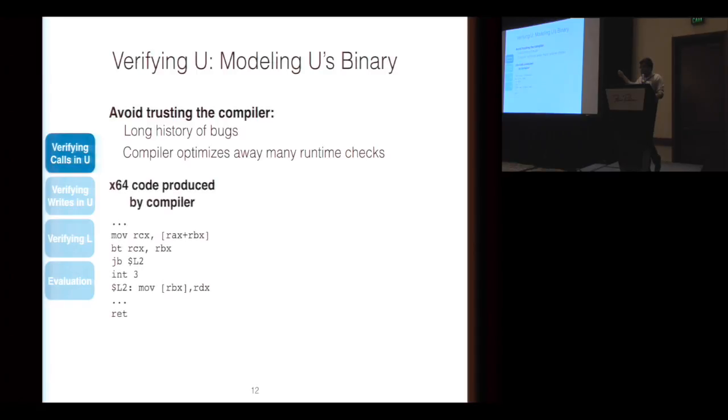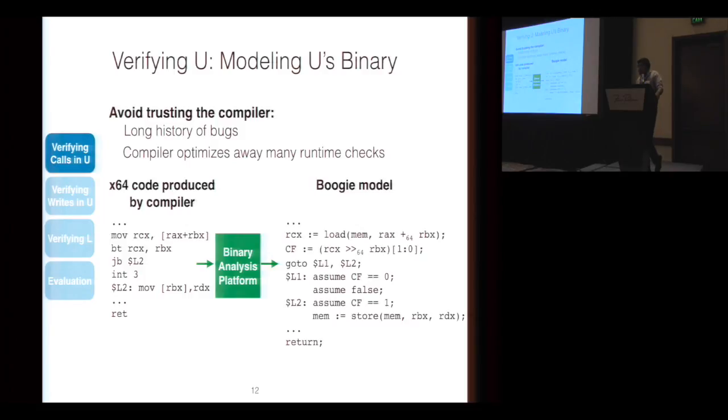We'll take the x64 machine code produced by the compiler, and we're going to formally model it in a verification language, which happens to be Boogie in our case. And this is a fairly detailed modeling of the code. As you can see, we are modeling details such as status flags in the CPU. I don't want you to focus on the details of the model, but one thing I want